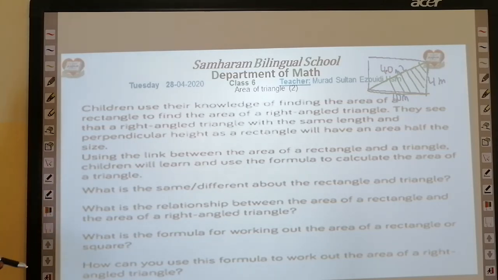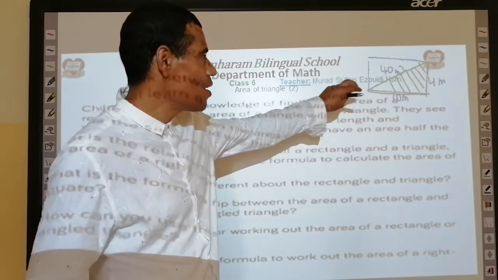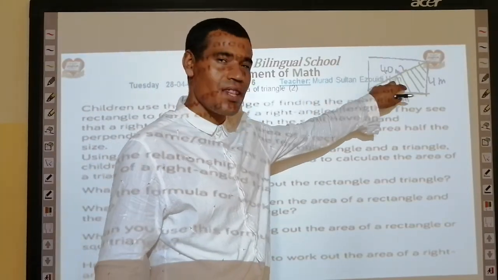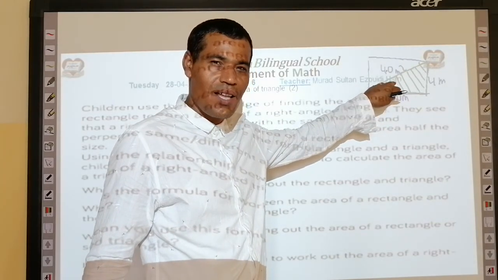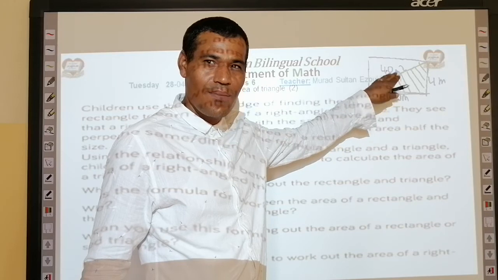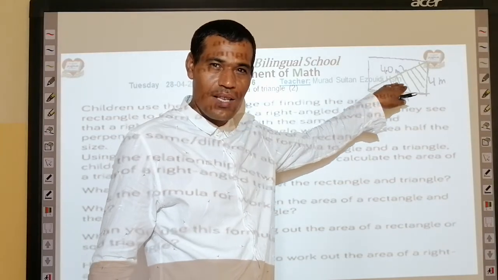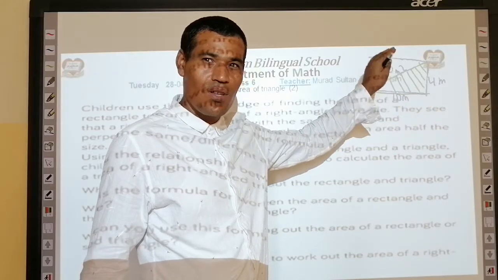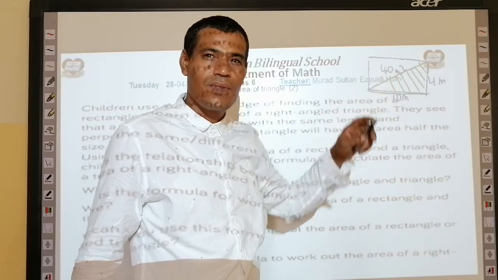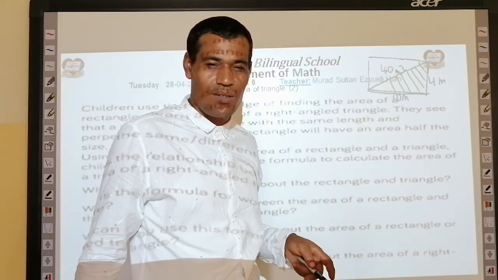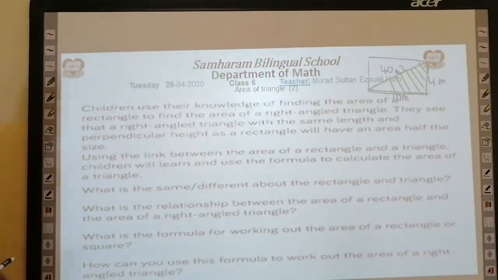What's the difference? What is the same about rectangle and triangle? Okay? There is no difference in fact. But the area of a rectangle is length multiplied by the width. And the area of a triangle is what? It's like the area of a rectangle, but you cut this rectangle into two triangles, meaning that length multiplied by the width, all divided by 2. Okay? And length here, let's say, denotes the perpendicular height. And width denotes the base. Okay? So,